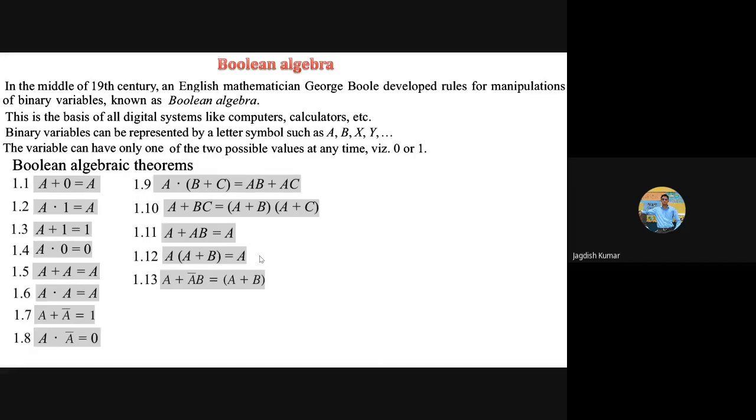What is the significance of these theorems is that, rather than keeping unnecessary elements, if you have to design an expression like this, look at the left hand side: how many gates do you require to implement this expression in hardware? You will require one OR gate, one NOT gate for A, doing NOT of A, and one AND gate. You require 3 gates. Well, if we apply this theorem, we can see on the right hand side that only a single OR gate is sufficient to get the same truth table.